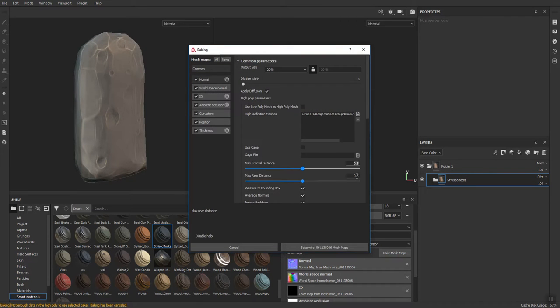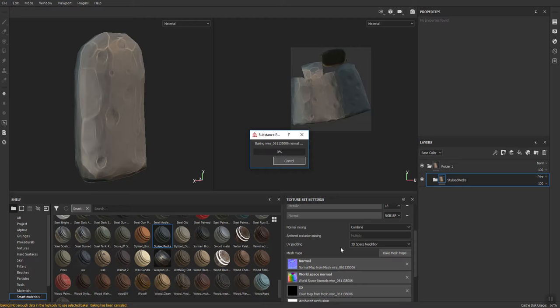I'm just a little bit curious to see if I increase my max rear distance to 1. I'm going to set my max front to 0.1. Let's bake that out. Let's see if that brings in any more detail. I doubt it's going to make much of a difference, but